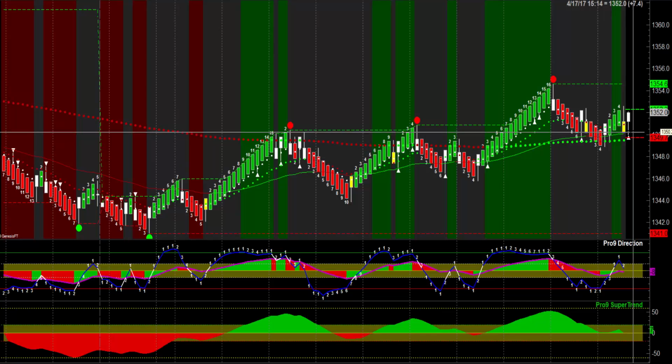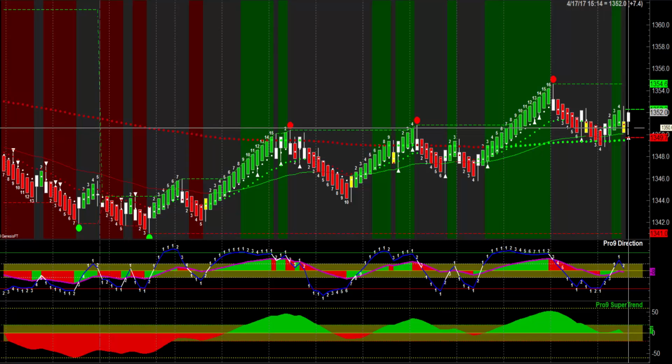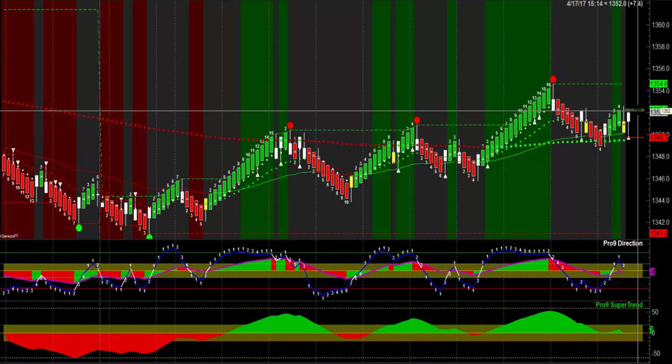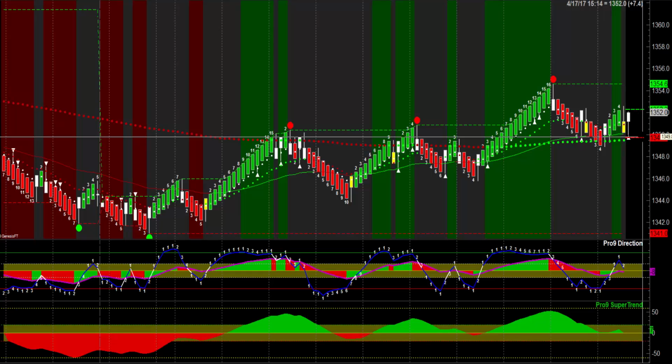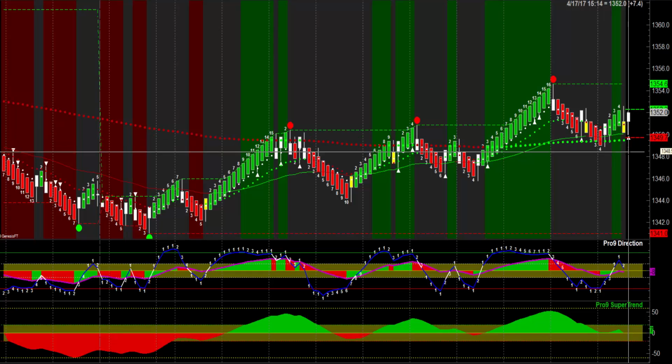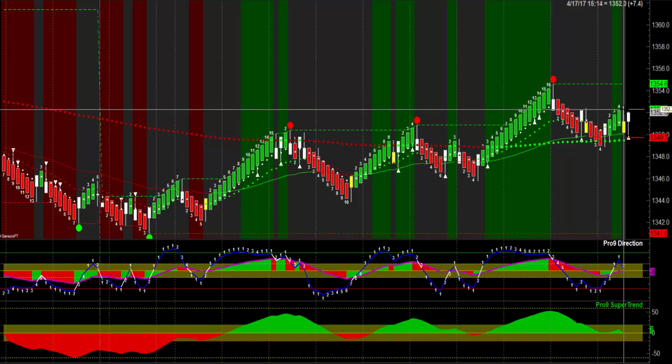Now, ideally, we want to enter as early as possible, and we can anticipate our turn bar ahead of time using our DPI indicator, which are our green and red prices here on the y-axis, and these tell us at which price a new bar will plot. Since we're looking to enter a continuation long, we want to use the green DPI as our entry price, which is at